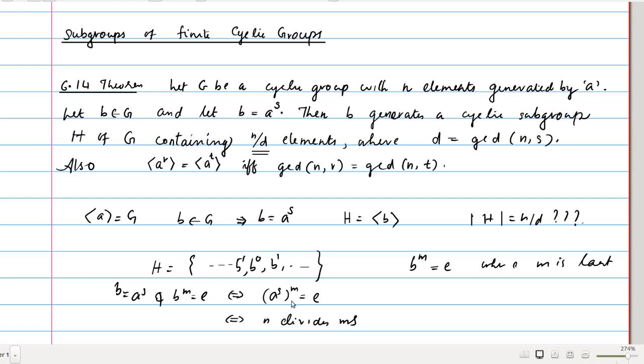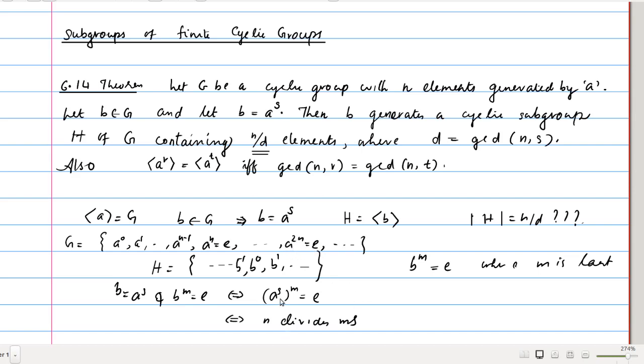Okay, because we know that in group G we can write all the elements of G. If G has n elements, we can say that the distinct elements are A raised to 0, A raised to 1, etc., A raised to n minus 1. Using the previous theorem, we can say that these are the distinct elements. That means if you take A raised to n, that will yield E again. And we have A raised to 2n is also E, etc. So all the multiples of n yield E as a power of this A.